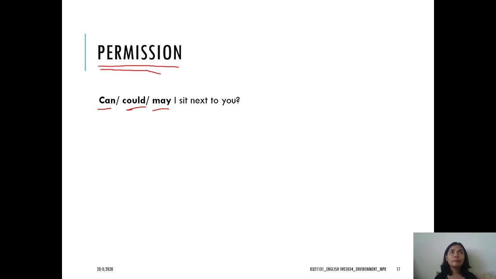So some of the modals may have more than one use. Therefore, you need to be able to identify based on the context what is the use of the modals. So you cannot really say that can is only for ability. No, it is unlikely to determine one modal for only one function, because modals can be used for many functions depending on the context of the sentence. Okay, so I hope that is quite clear for you.